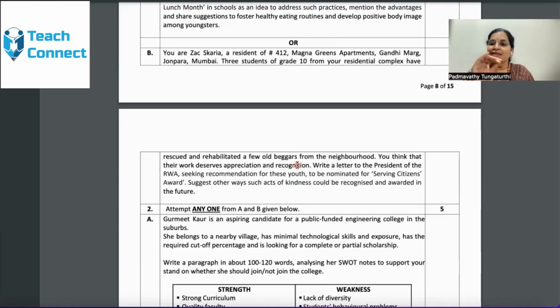Here, the student need not describe how they have done the rehabilitation process because it is not asked for here. The students are asked only to write down seeking recommendation for these youth. Why they should be recommended? Everything should fit in 20 words. 1 point should fit in 20 words. That's how the student has to write down.